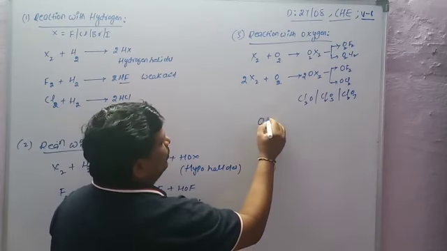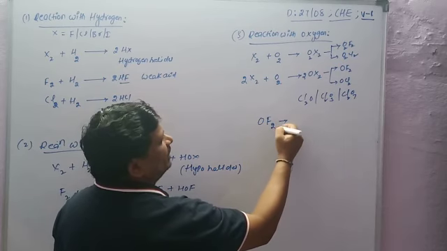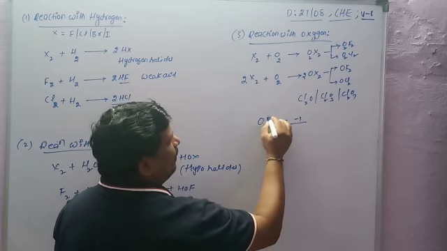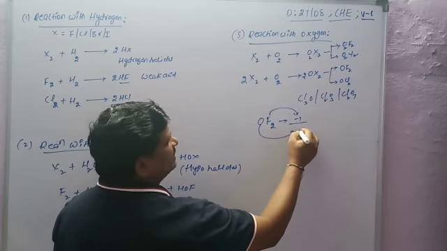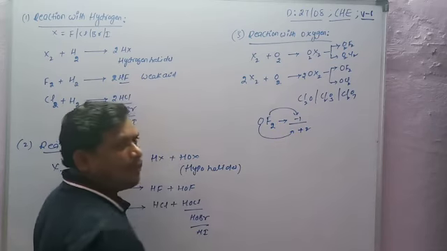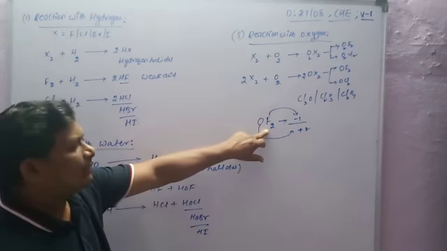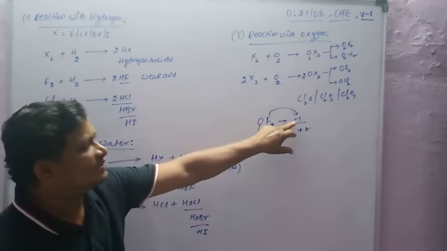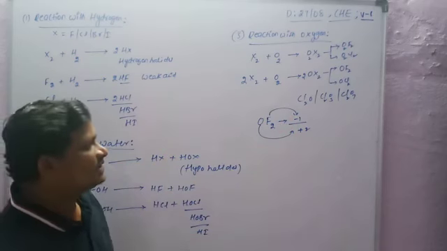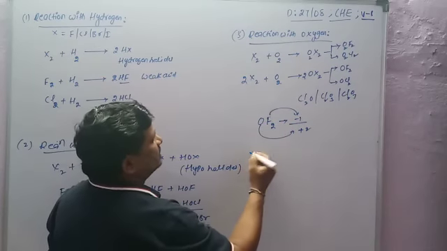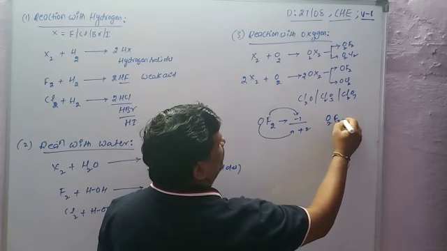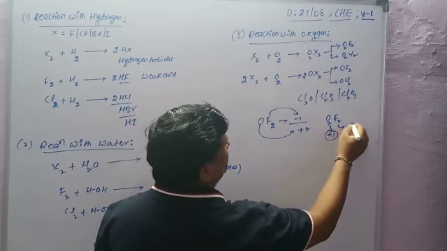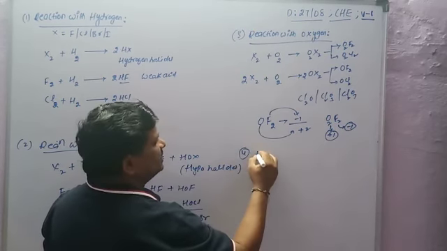In OF2, oxygen difluoride, the fluorine oxidation number is -1 and the oxygen oxidation number is +2, because fluorine has more electronegativity than oxygen. Each fluorine is -1, two fluorines are -2, so oxygen is +2. In O2F2, fluorine is -1 and oxygen is +1. The next one is the reaction with the